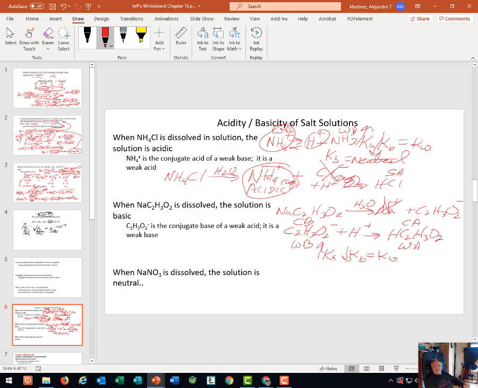Well, acetic acid is a weak acid, which means that its conjugate base is a weak base. So if I put C2H3O2 acetate in water, and how did I do that? I simply added sodium acetate to water. It completely dissociated. What it's going to do is behave as a weak base, like ammonia behaved as a weak base. It's going to accept a proton from water, make